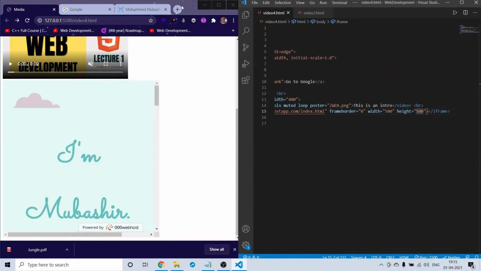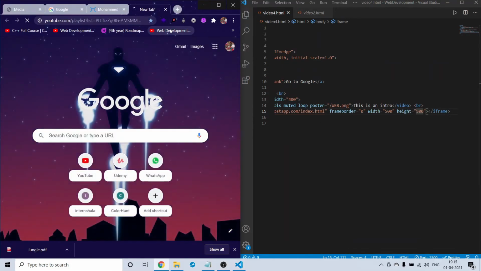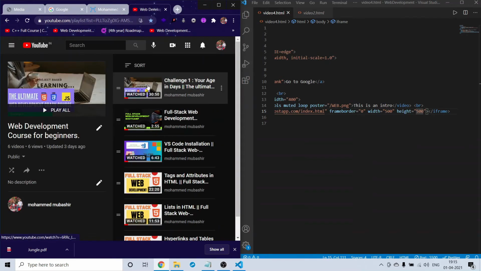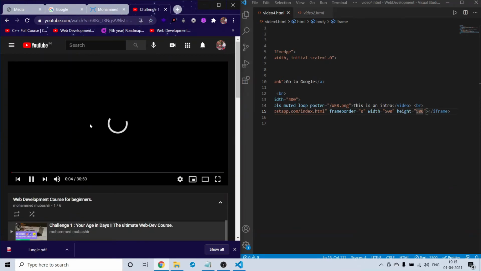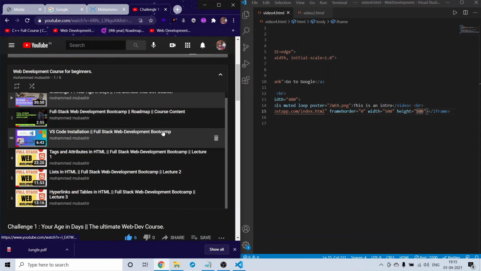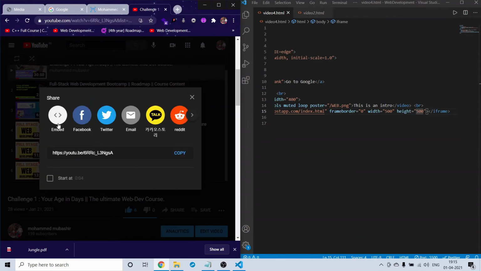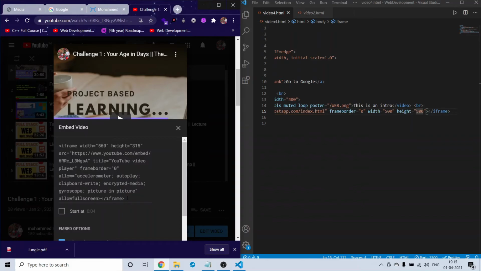And if you come here, for example, if I want to show my YouTube video on my web page, what I can do is, I will open any video, and I will go to this share here, and here you will get an icon which is embed. I will click on that, and it has directly given us this code, which is the iframe code.